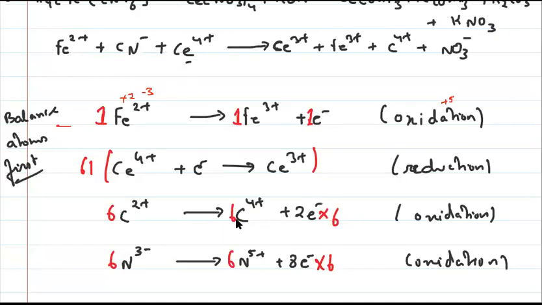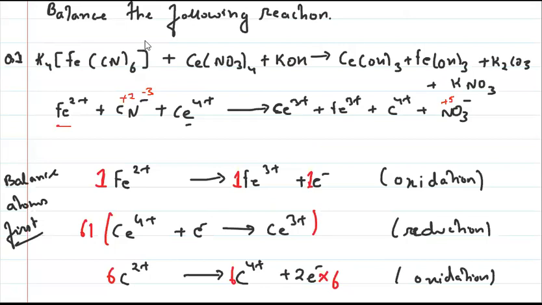Now the third step was balancing the atoms, right? The third step is always balancing the atoms. Before balancing electrons, you have to balance the atoms. Now if you see the reaction here, start with Fe. One Fe product side, one Fe reactant side, right? No need to balance, 1, 1, 1. Then Ce. Now Ce is difficult to balance because NO3 is also there, so we will leave Ce for now.